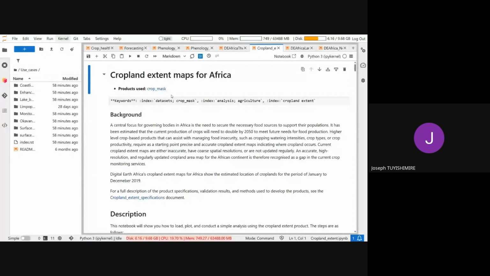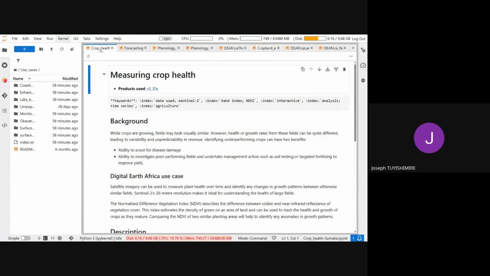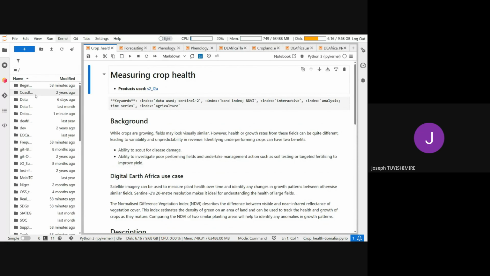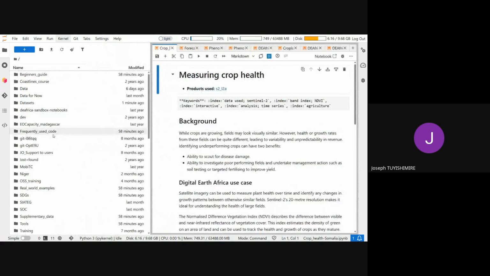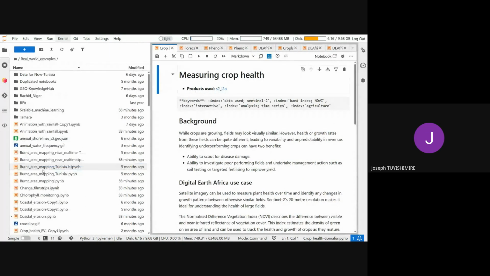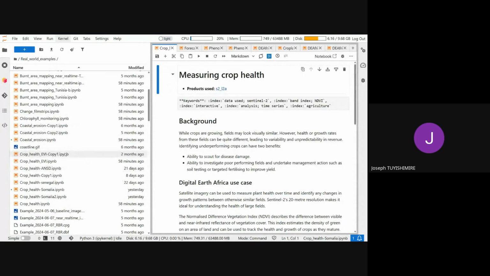And if we try to go into the notebook, you go to the real-world examples. We have this notebook called crop health.